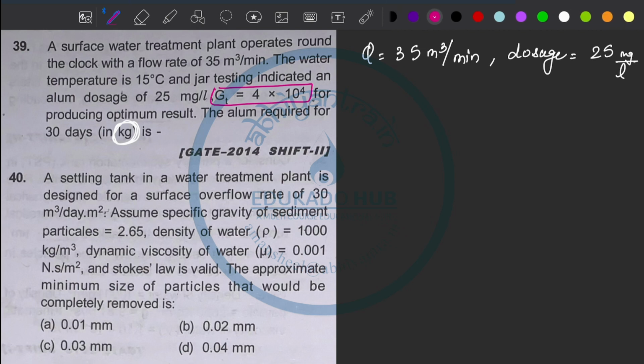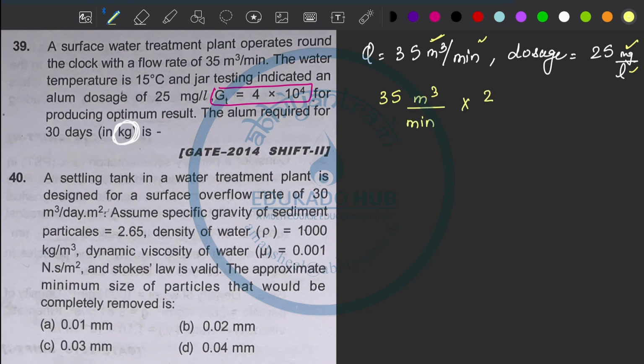They are not wanting just the discharge, they are wanting the dosage for 30 days. This much milligram per liter dosage is given, and how many meter cube of water per minute will go is also given. So I multiply 35 meter cube per minute